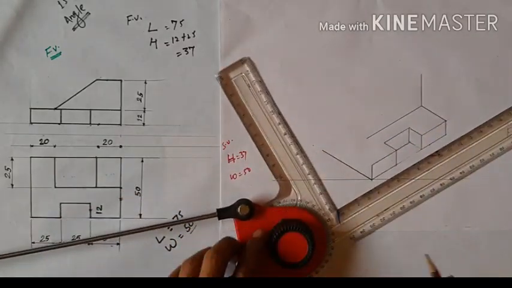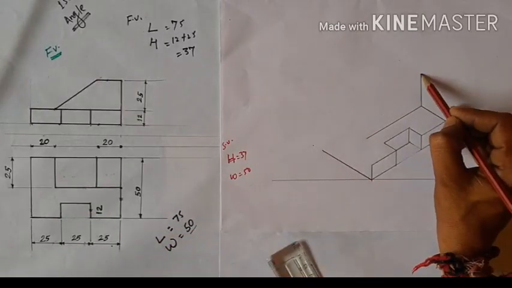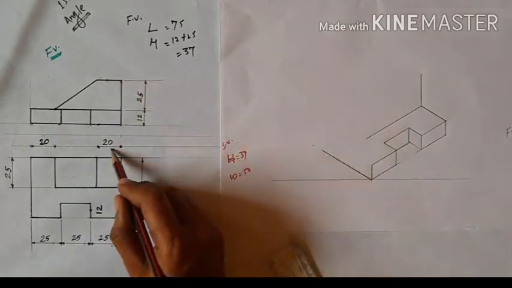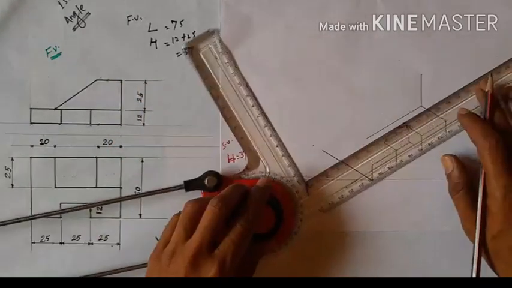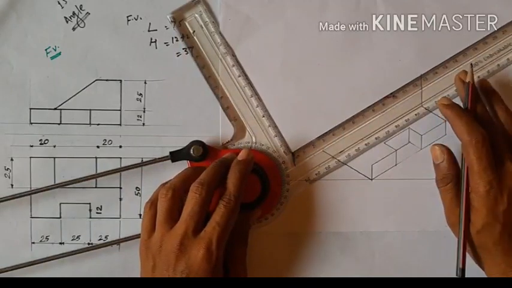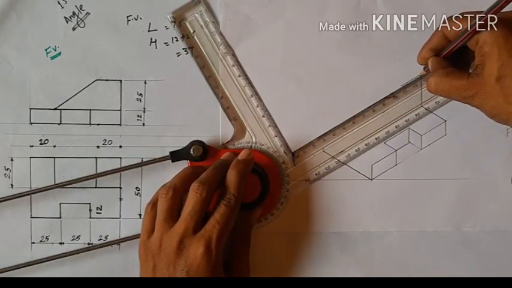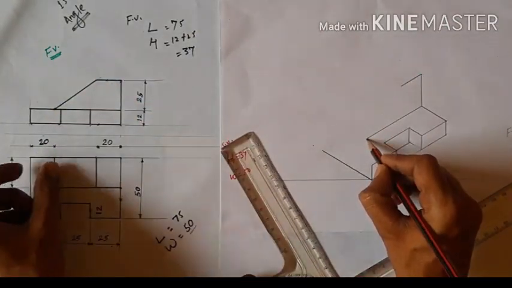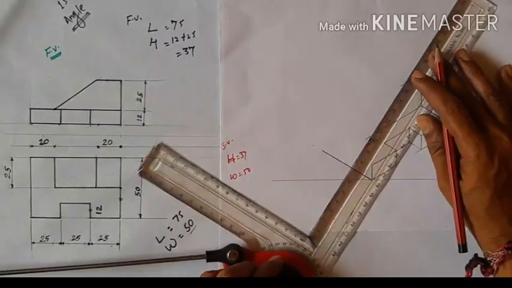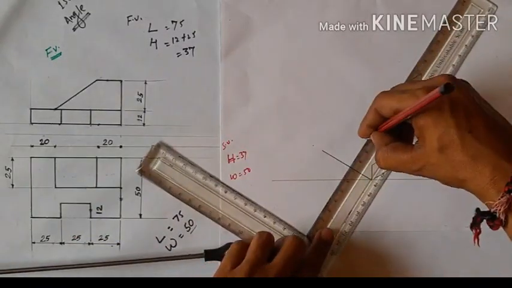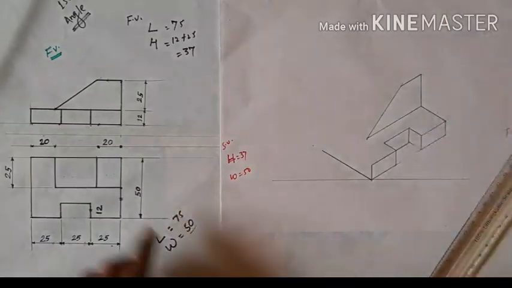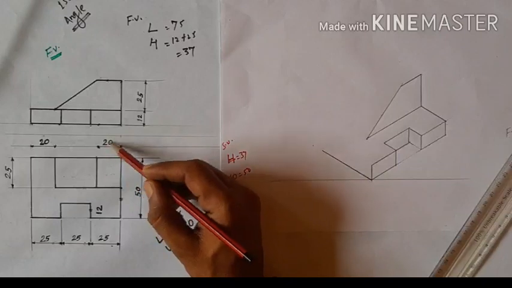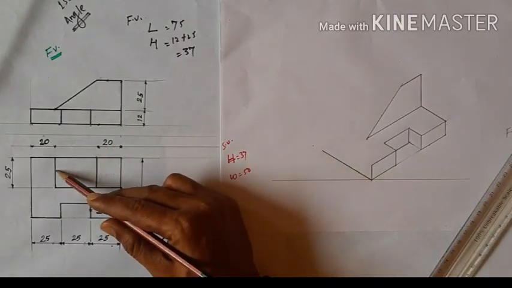Now from here, according to the front view, we need to move back a dimension of about 20 mm towards the length side. So this is your length side. From here we draw about a 20 mm line like this, and join these two. This left portion is the 20 mm. Now we join these two with a single line like this. From the top we have a single line, but here we see a complete box of 20 mm.